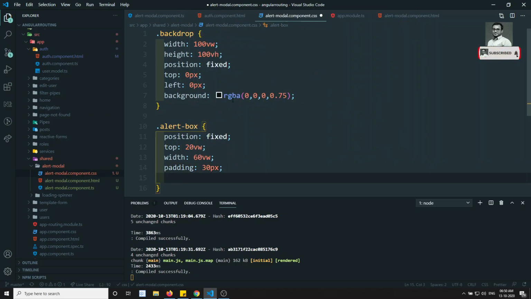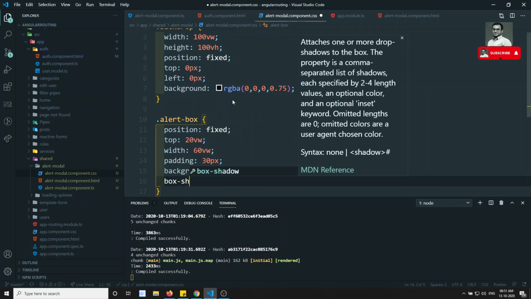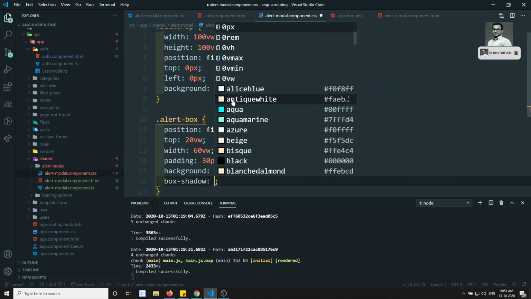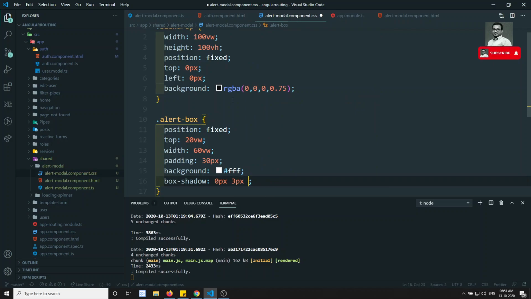And the background color should be white. You can give the box shadow also. So the box shadow will be 0 pixel, 2 pixel or 8 pixel, sorry, and you can give RGBA of the same thing, 0, 0, 0, 0.5 or something like this. So we have given the RGBA for the alert box also.